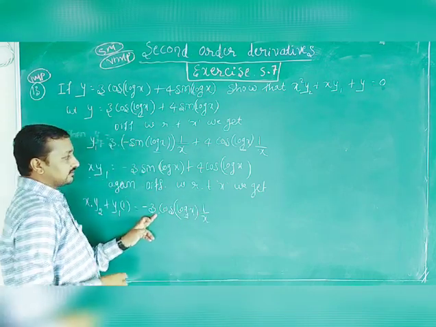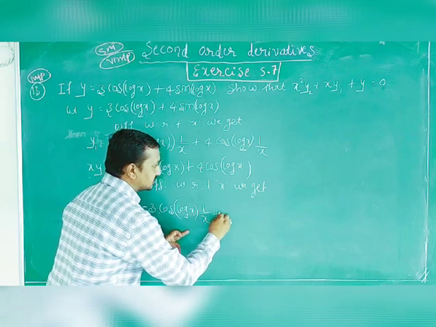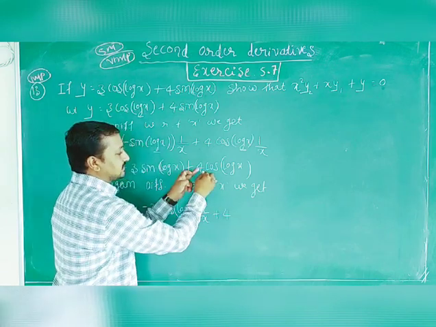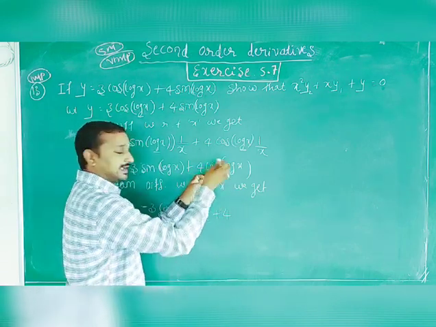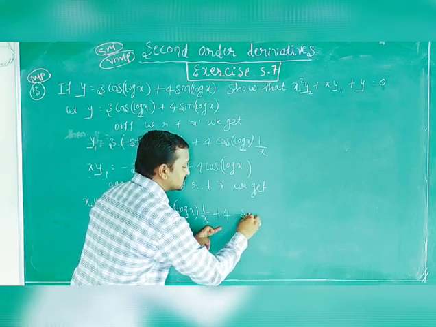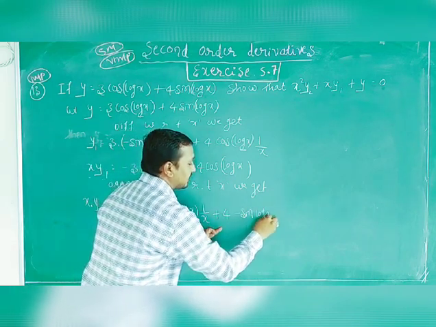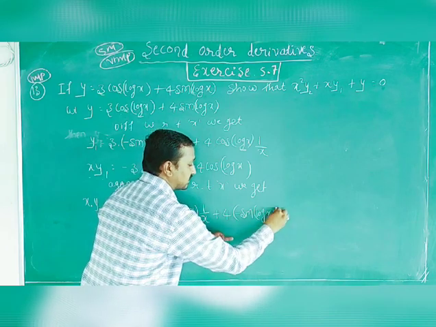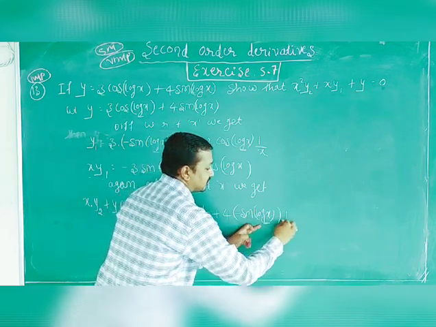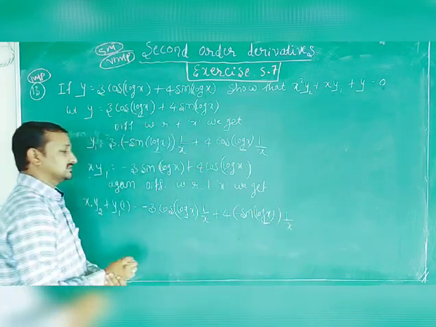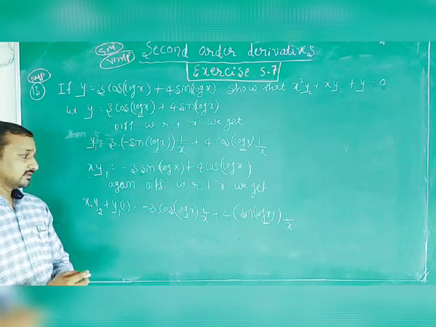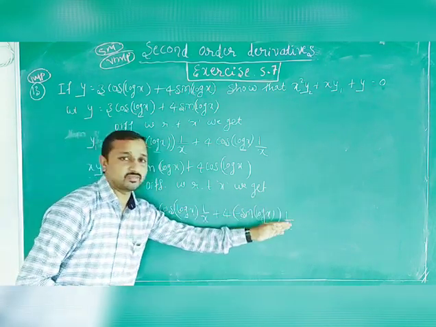That's all. Okay. Next, plus here take 4 as common as it is. Derivative of cos x is minus sin x. It is minus of sin. What is your x? Log x. With respect to, instead of x, what is the log x? So the derivative of log x is 1 divided by x. Is that clear? So here also 1 by x, here also 1 by x is there.